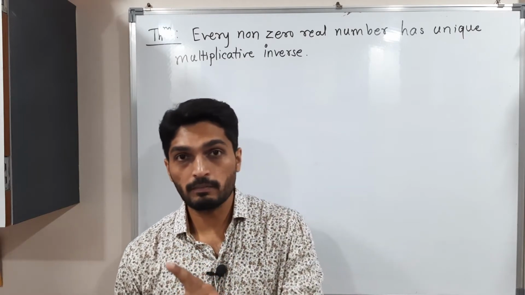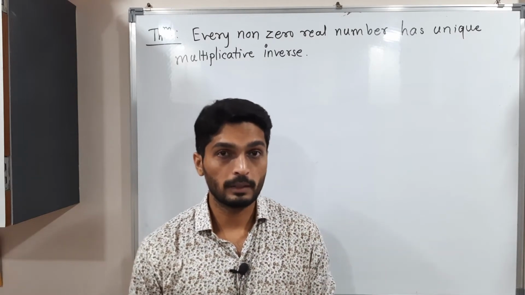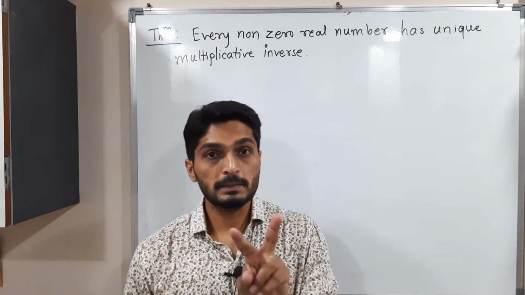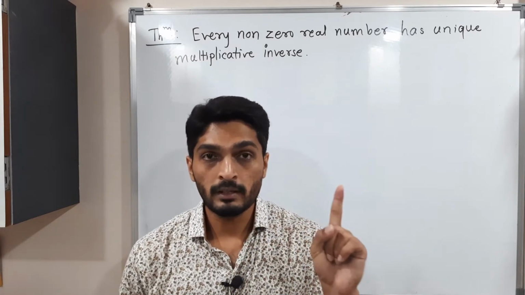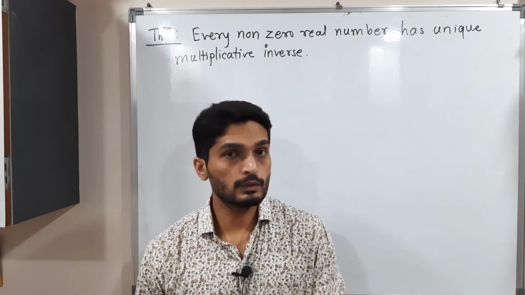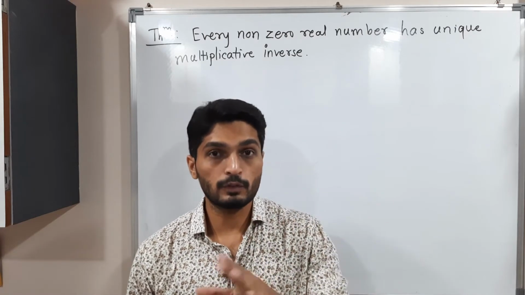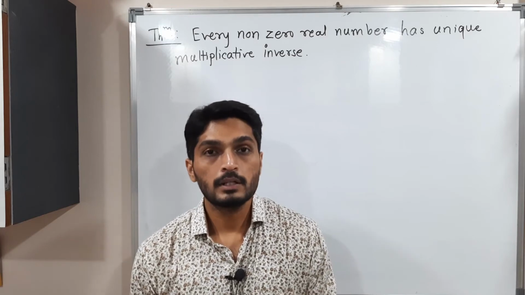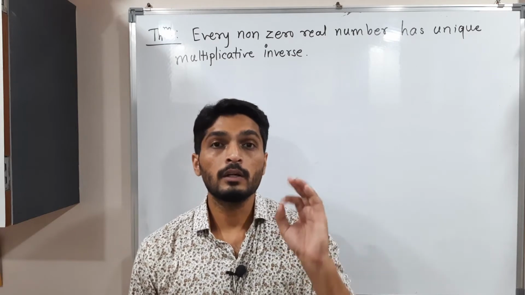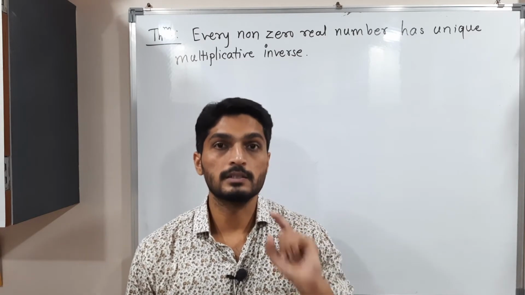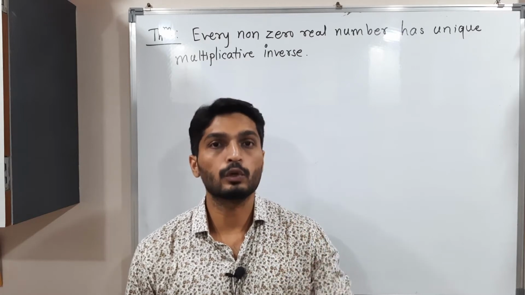Since if you add minus 5 and 5, you will have 0. Multiplicative inverse, that means product of these two numbers should be 1. Inverse of 5 is 1 by 5. Inverse of 2 is 1 by 2, like that. See, we have to prove that there is only one inverse, non-zero inverse for each non-zero element.